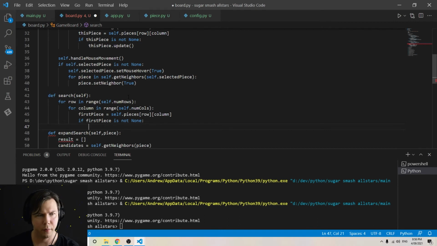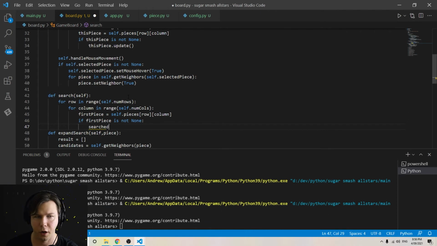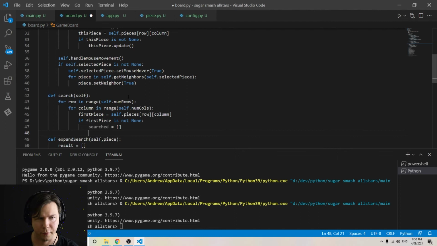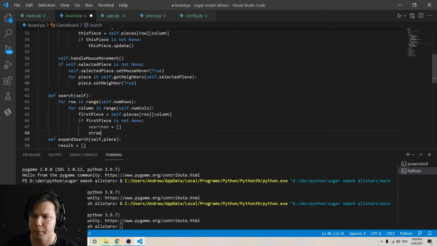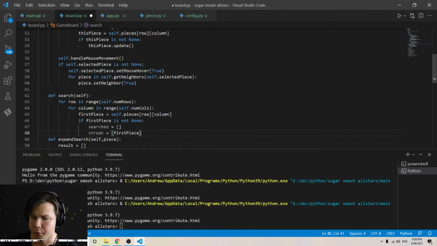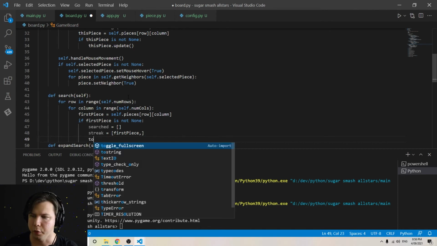So now we're going to set things up. So we'll have a list of objects which have been searched, and we reset this for every piece. And then we start, oops. So streak is the list of everything which matches with that. We'll start with, well, the first piece. Then we'll create